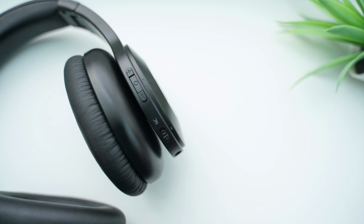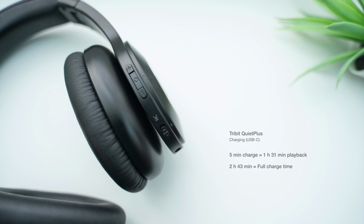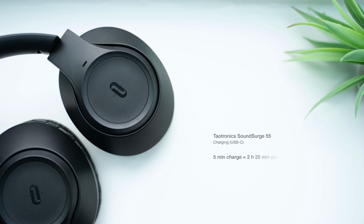When it comes to charging, both headphones use the modern USB-C connector, which is really good to see. Now, Tribit don't claim to offer fast charging, but the QuietPlus still provided over an hour and a half of playback after a quick 5-minute charge, with the full charge completing in around 2 hours 40. TaoTronics do advertise a fast charging of 2 hours playback after 5 minutes of charging, and actually exceeded this from